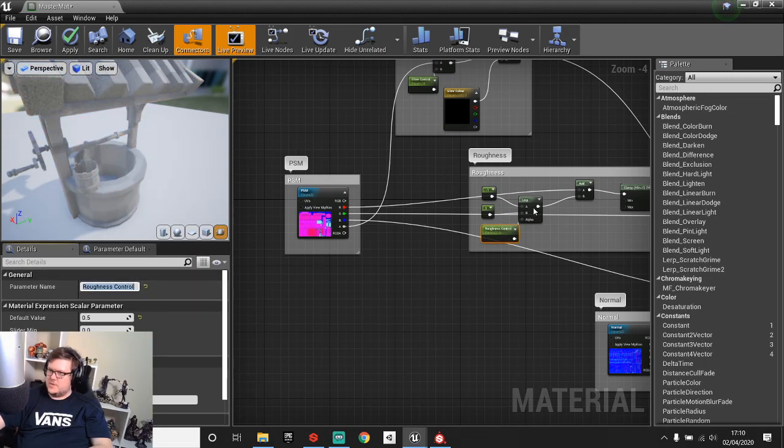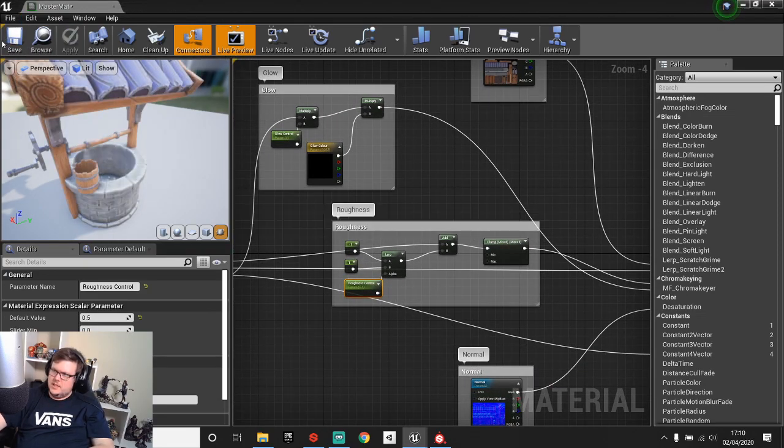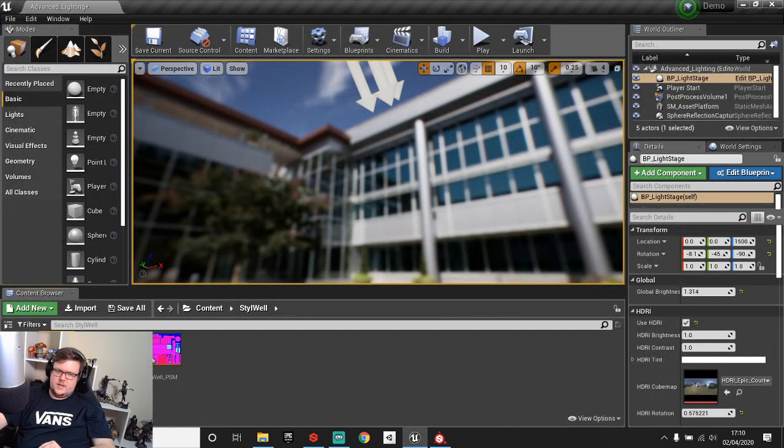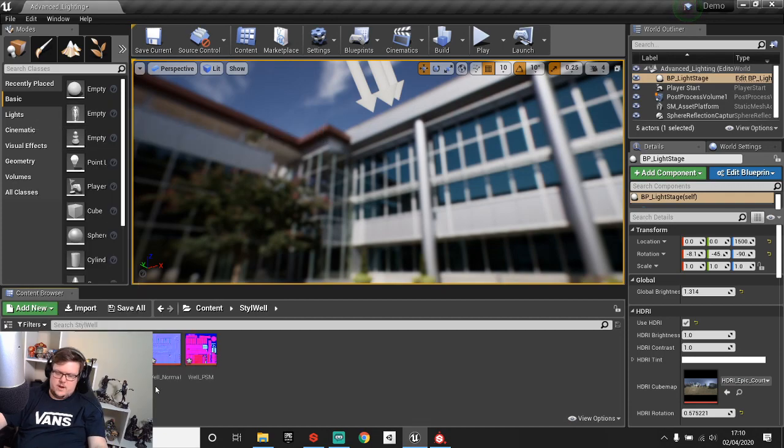Now the reason for that is because then this allows me to, and if I click apply, now what I've just done is I've just parameterized the different nodes so that they're exposed now, and you can change them on dependent instances. So if I close this down now, and if I right click here and say create material instance and call this